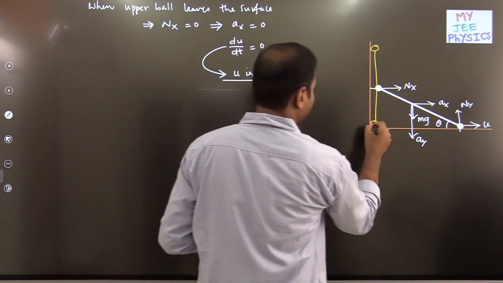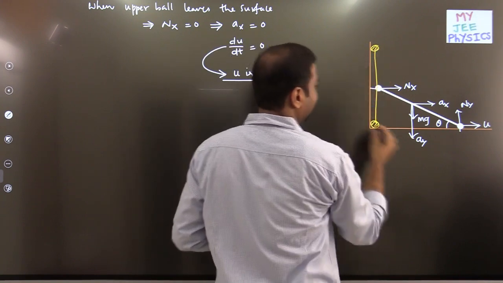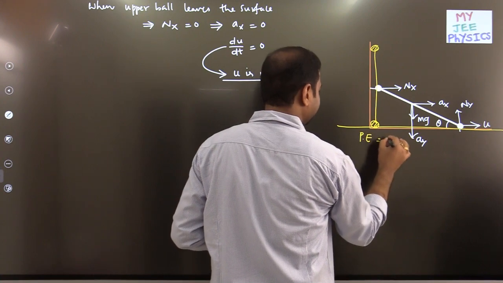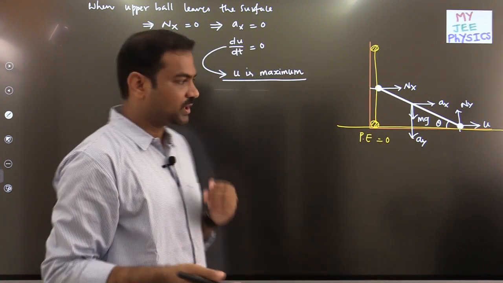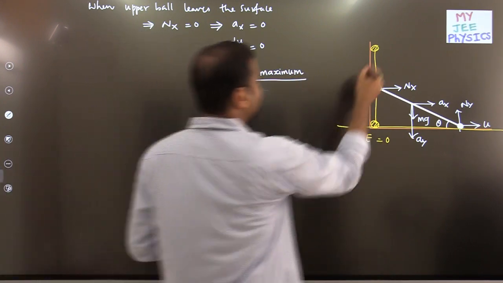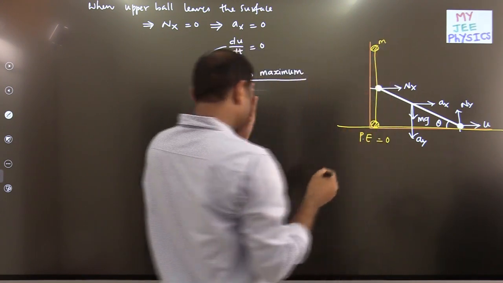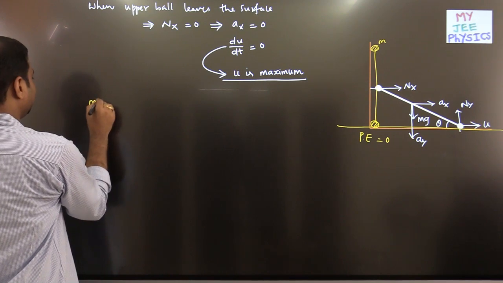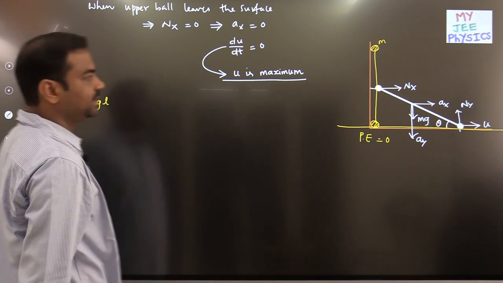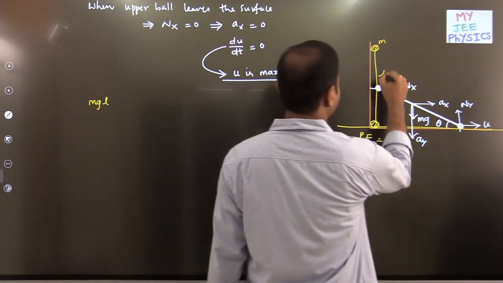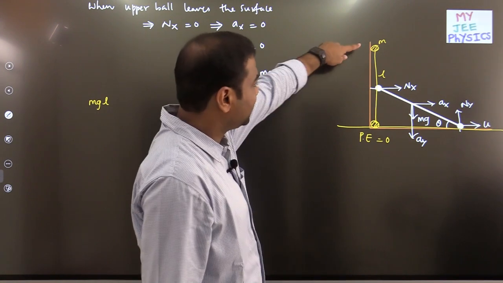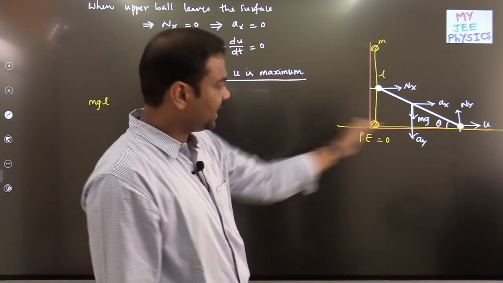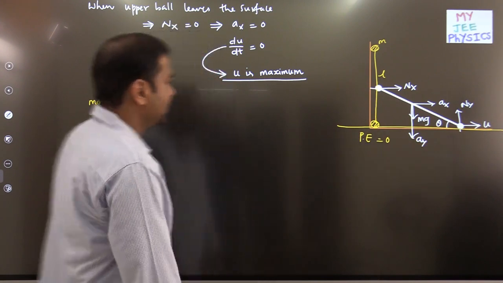So if this is the initial position of the rod, then I am taking this level as 0 potential energy. Usually we take the floor as 0 potential energy, and I am following the same thing. Then what is the initial potential energy? I can write down mgL will be the initial potential energy, because L is the length of the rod. Then the height of that particle is L, so mgL. The lower particle will have 0 potential energy anytime, so no issue.